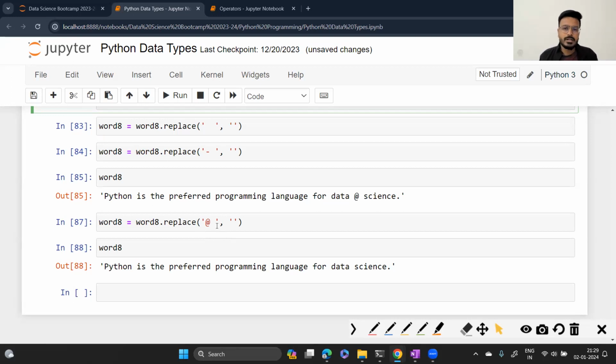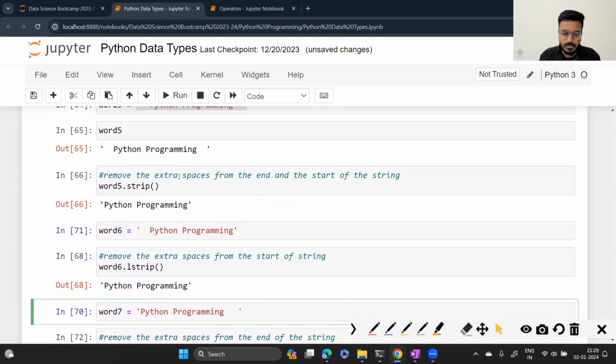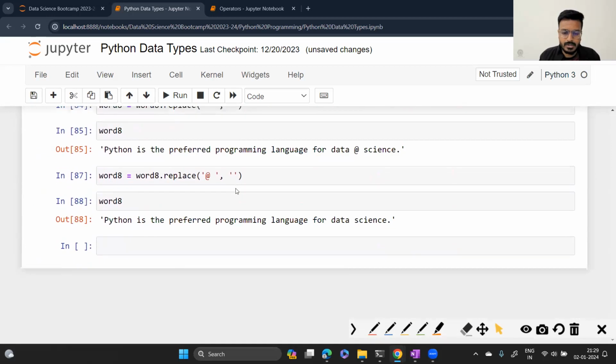Now, apart from that, there are a bunch of other methods which we will try to do tomorrow because we have seen a lot of things and doing too much of that will make it more confusing. So first you practice this much, first you go through this much, and then we will go through the further steps tomorrow. Tomorrow we'll be talking about another important part of the programming, which is called conditional statements, where we are going to decide